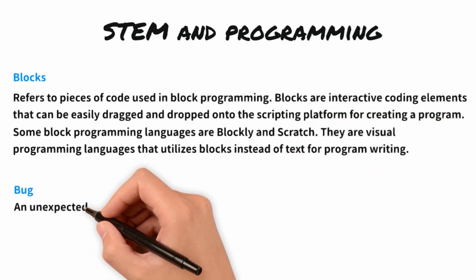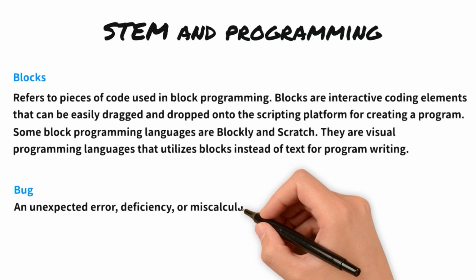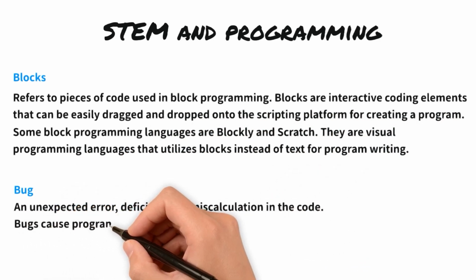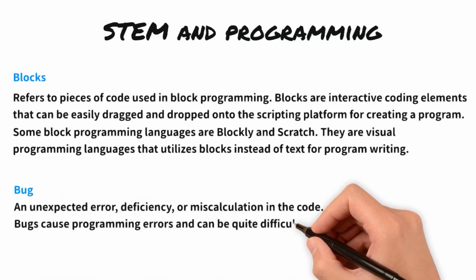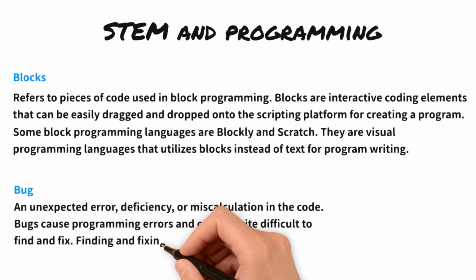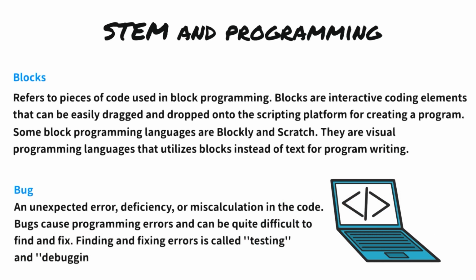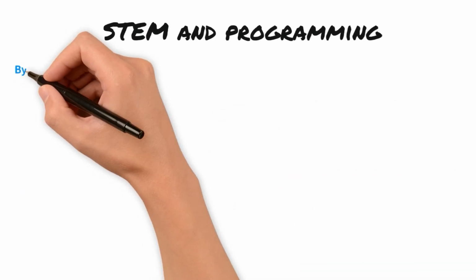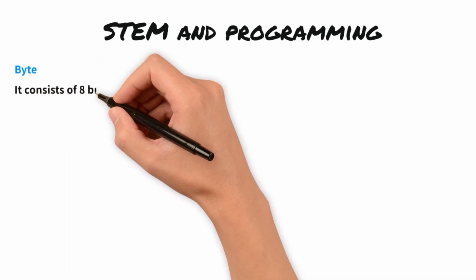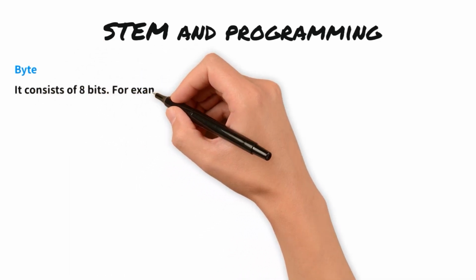Bug, an unexpected error, deficiency, or miscalculation in the code. Bugs cause programming errors and can be quite difficult to find and fix. Finding and fixing errors is called testing and debugging. Byte. It consists of 8 bits, for example,